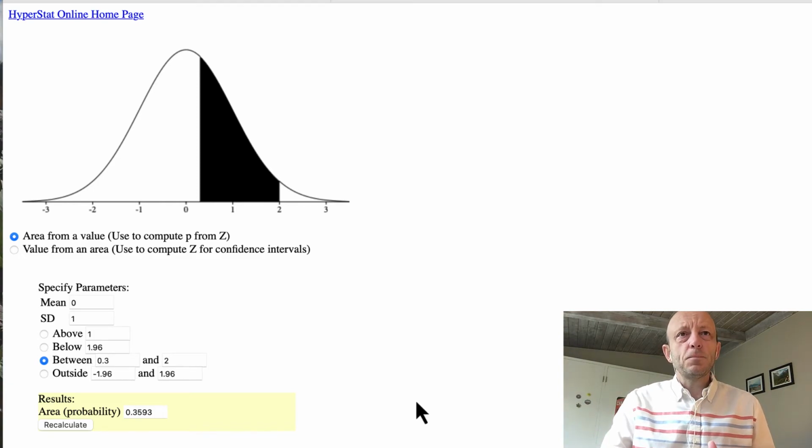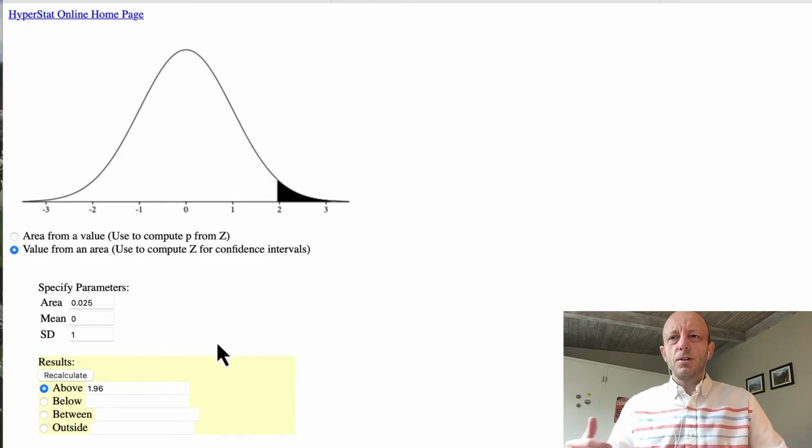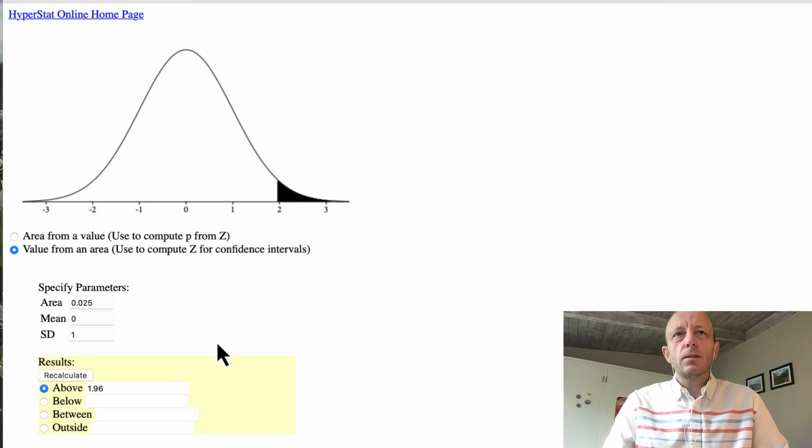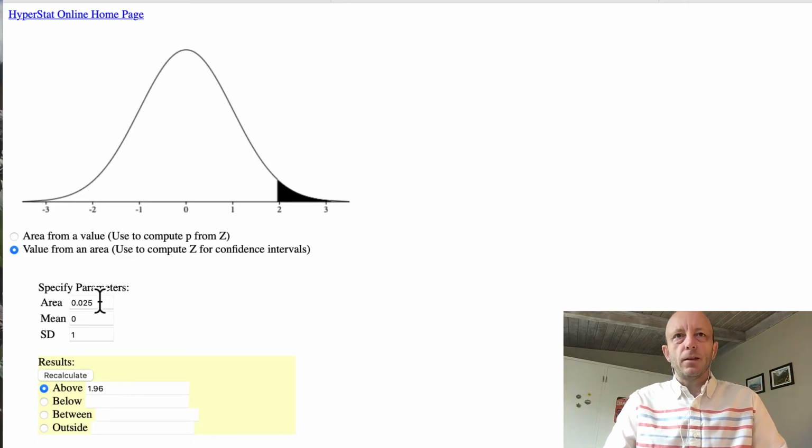If you switch it and you go to value from an area, now you're going to be asked for an area. So just make sure that if you're working through a homework problem, you're working with what's given. So an area might be given as a percentage. So suppose we want to look at, let's say we want 60% of the curve on the right side, and 40% of the curve to the left side. Okay, so we could go area, above is selected here, so I'm going to go area